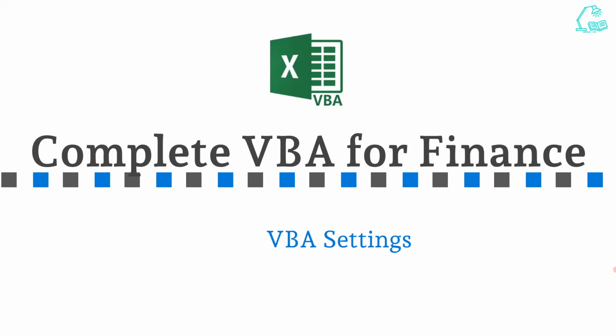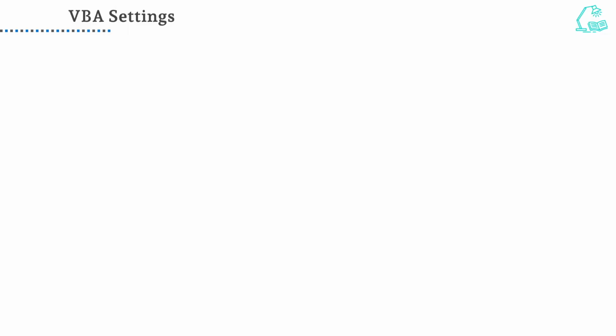Welcome back. In this segment, we'll go over the essential VBA settings you need to configure in Excel. These settings will enable you to use the full capabilities of VBA effectively. In the second part of this video, I will show you directly, step by step, how to set up those things. Setting up the developer ribbon, enabling macros, and allowing ActiveX controls are essential steps before using VBA in Microsoft